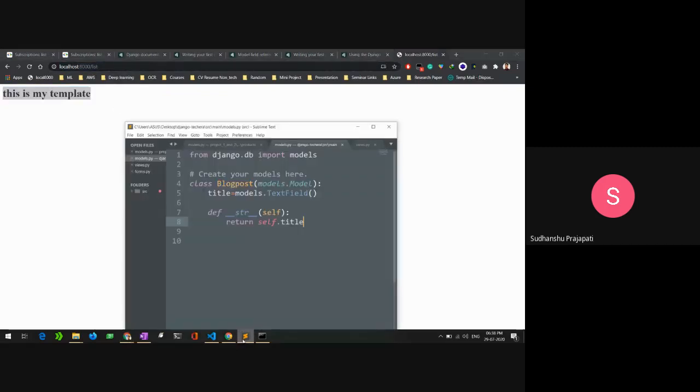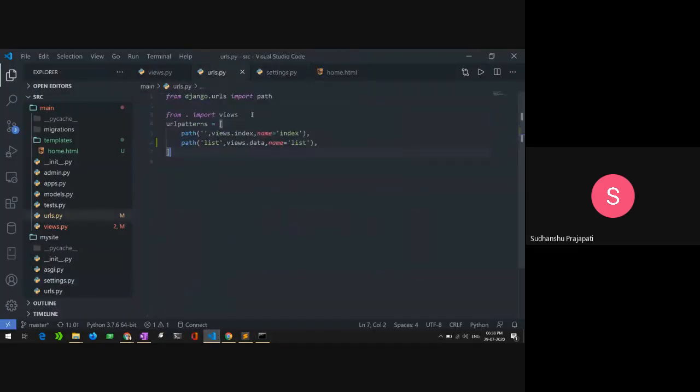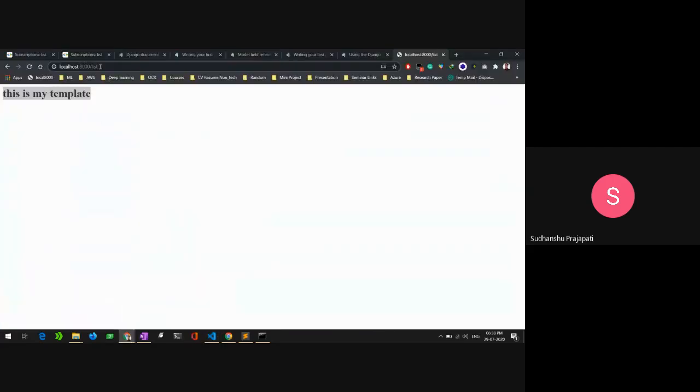The benefit of working with Django templates is that, as you can see in the address bar, I provided home.html here, but in the browser we are giving a URL, the one we specified in the urls.py file.